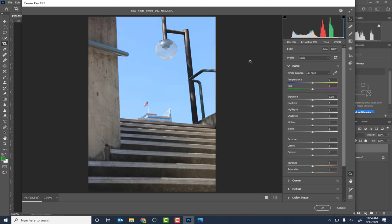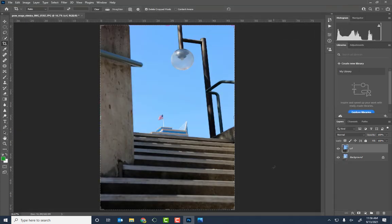So we don't see it like this. The camera does. We want it to look like this. So I'm going to hit OK on that. Next. Okay, I'm going to make another layer for this because I want to adjust the angles of this. Notice how